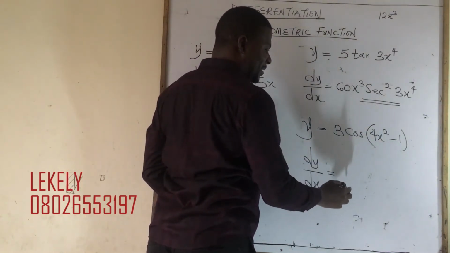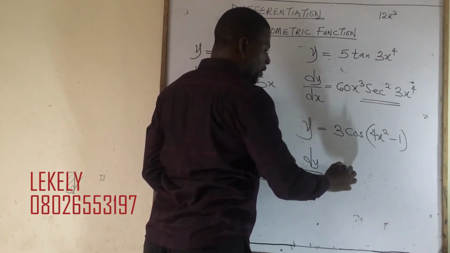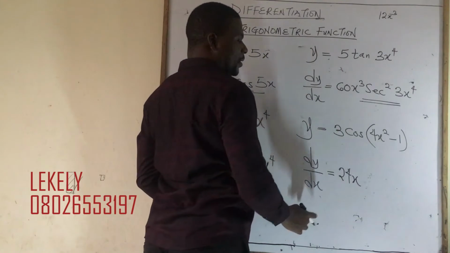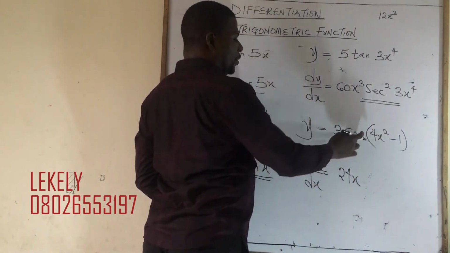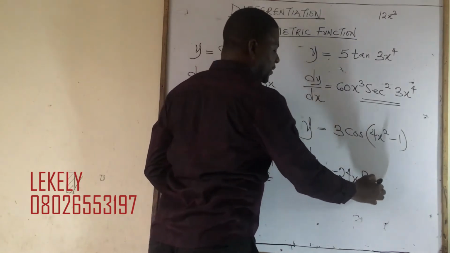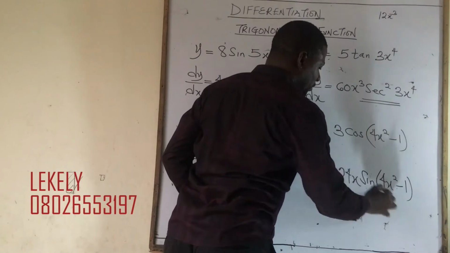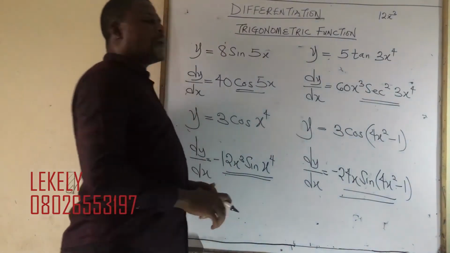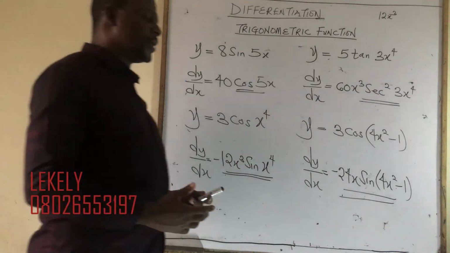That will give you 8x. The 8x times 3 will be 24x. You know, if you differentiate 1, that will give you 0. Then if you differentiate cos, it will give you minus sine. Then you will rewrite the bracket 4x squared minus 1. That's the answer. So I expect you to do a lot of practice on this one so that you can